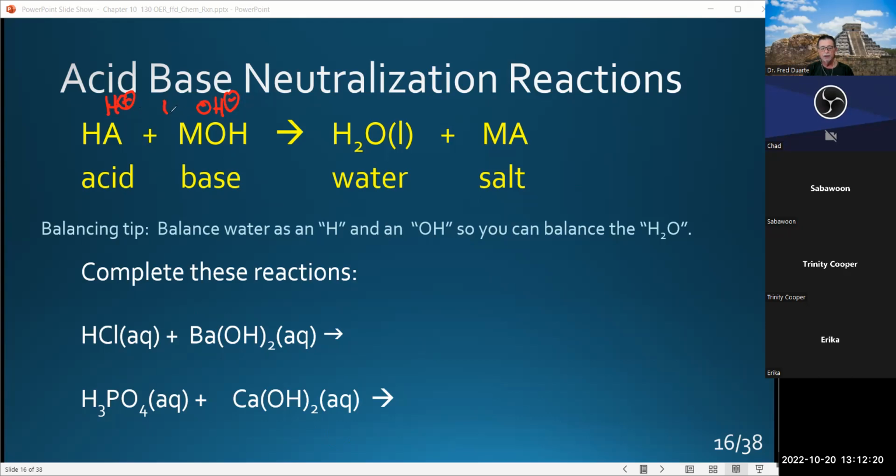Well, the proton and the hydroxide combine to form what? H2O. And then we have the corresponding salt of whatever the metal was with the hydroxide, combining with whatever the anion was from the acid to form its particular salt. Okay. Remember, the term salt does not necessarily pertain to sodium chloride. No, salt is any ionic compound, which by definition is a combination of a metal and a non-metal. Okay. All right, so